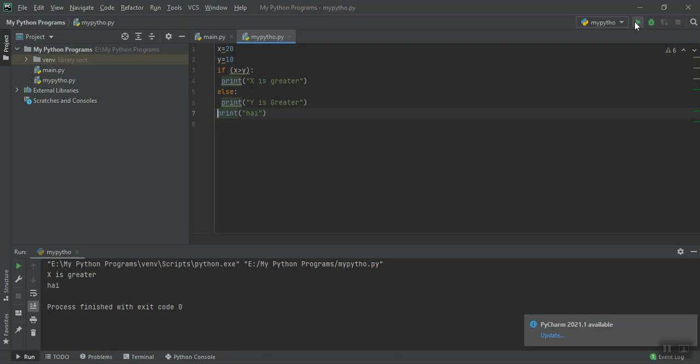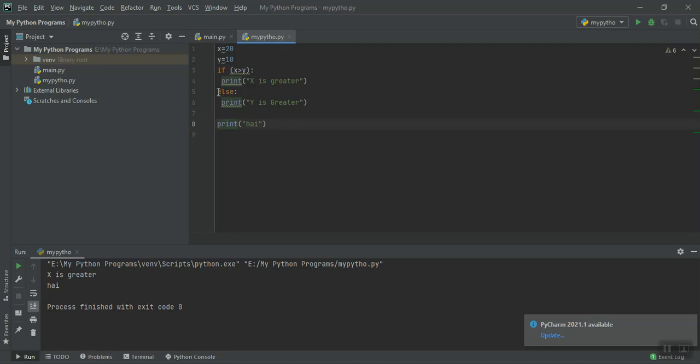Do you understand? That is, if it should be inside, you should give space. If it should go with it, it should be in the same line. So whatever you give in the same line will be taken as the same set of statements, right? If I give space here, it will treat the print of high as inside the else part. When I don't give the space, it will take it as being in the same line with the statement equivalent to the if else part. Similarly, you will get an error.